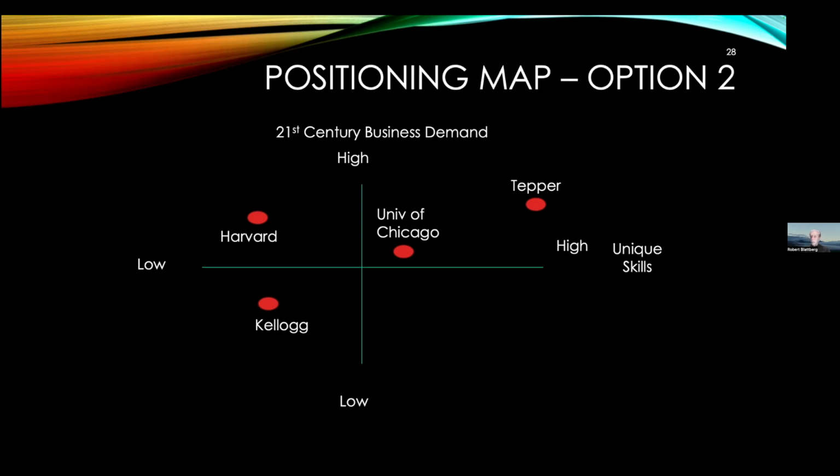Now, going back to my example of Northwestern versus Chicago, one thing I would be spending all my time on is trying to talk to all the recruiters and recruiting opportunities for our students and finding out, is this the right kind of positioning? Is this what the market demands? Is there a real opportunity? And is this going to be how the world of business schools is going to evolve? So there'll be what we'll call traditional business schools, and there will be unique players. And Tepper could be very well positioned as a unique player.